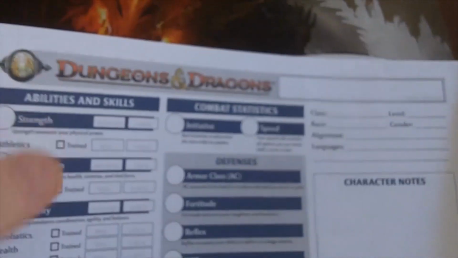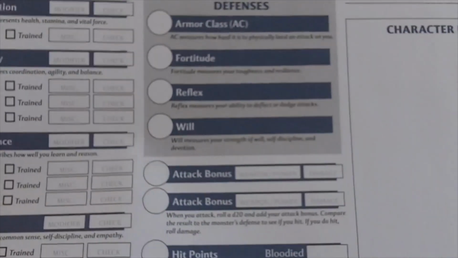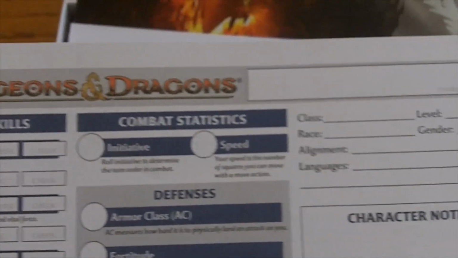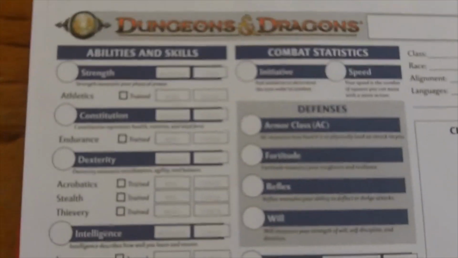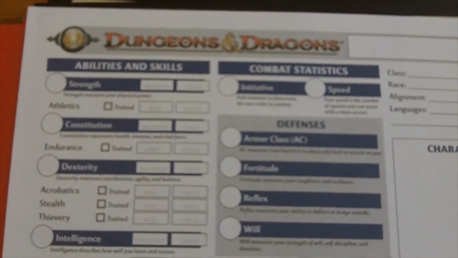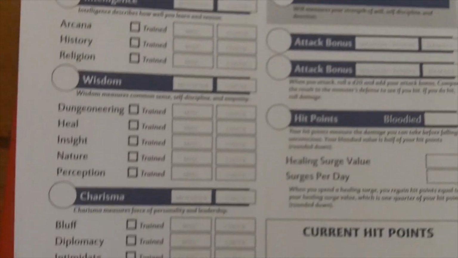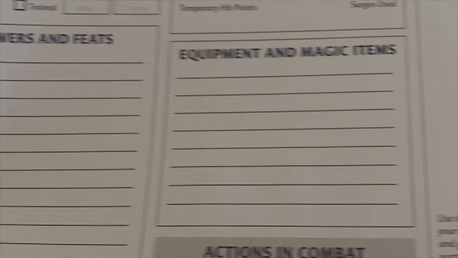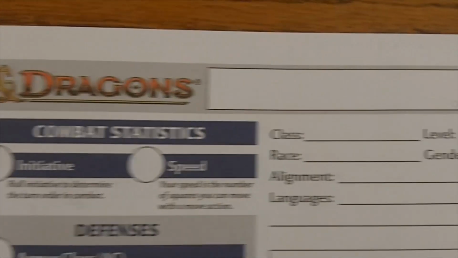Very nice. Okay, and now let's go back to the box and we have character sheets. It looks like everything's been condensed down to a single page. The backside is actually blank. Isn't that nice? I don't know if you recall the old advanced D&D, AD&D 3 or 3.5 character sheets, but